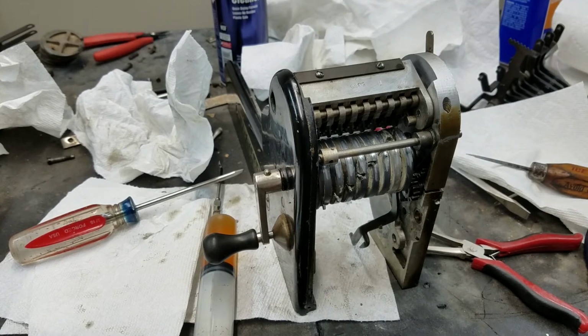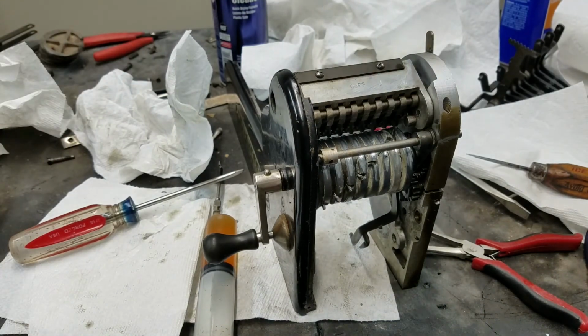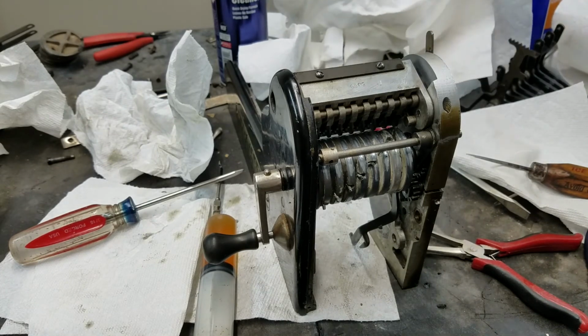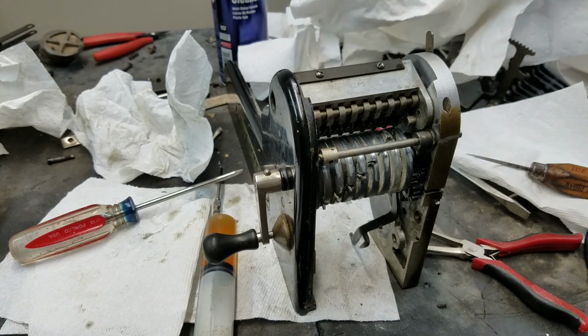I'm going to get that cleaned up, and then I think what I might do is prepare the carriage bed plate. The reason I want to do that is because I think it might be easier to put this on before putting the other side in. Because somewhere here I have the assembly. Maybe I put it down on the floor. The assembly that goes